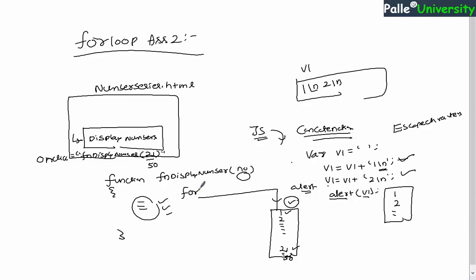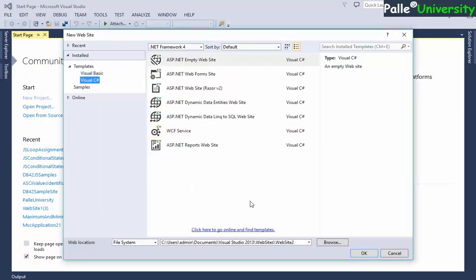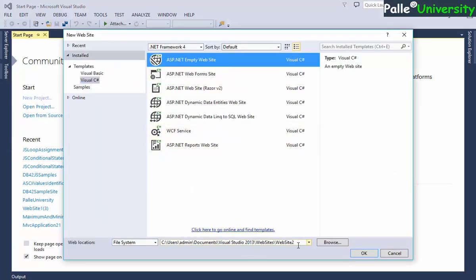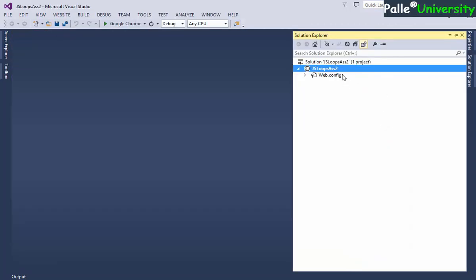Believe you understood. Now I am creating a new website for showing you the solution related to this assignment. I will call this project or website name JavaScript loops assignment 2, or maybe for loops assignment 2. And in the solution explorer I will add a new item.